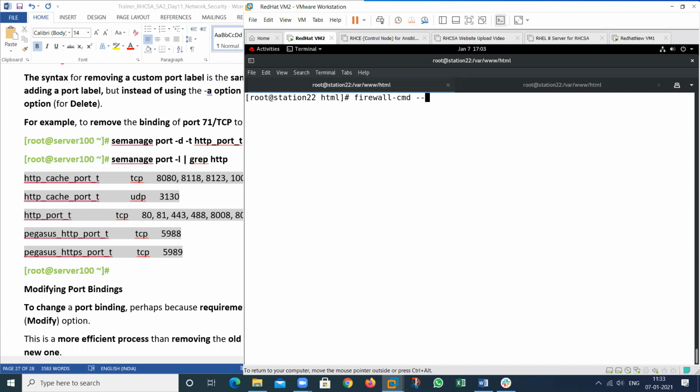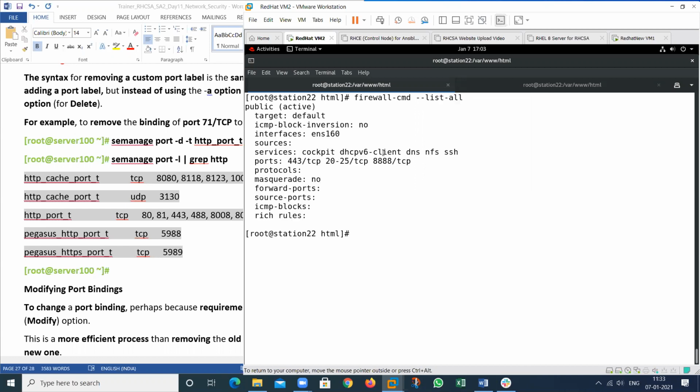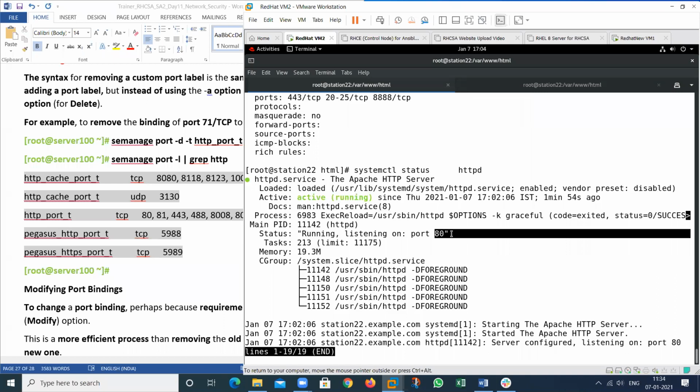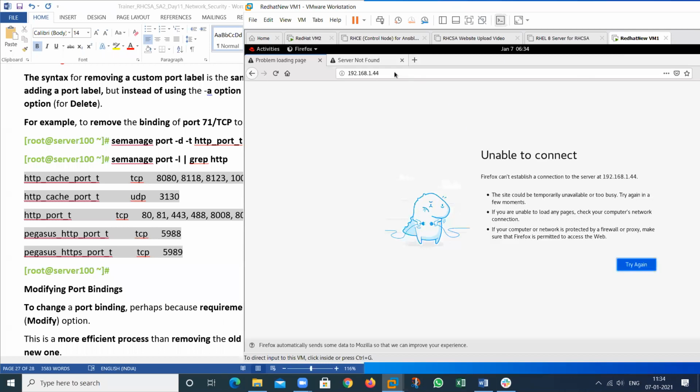See here, list all. There is no service allowed on my machine. If I allow this service on my machine, the port is allowed by SELinux. This is allowed, but it is not allowed by the firewall. If I allow this service in my firewall, then any client through the network can access this particular service.